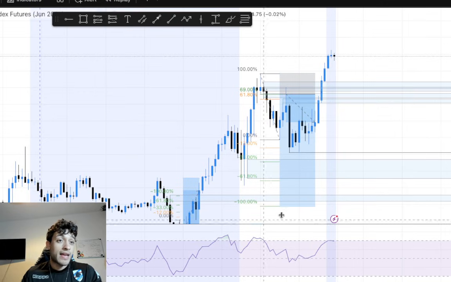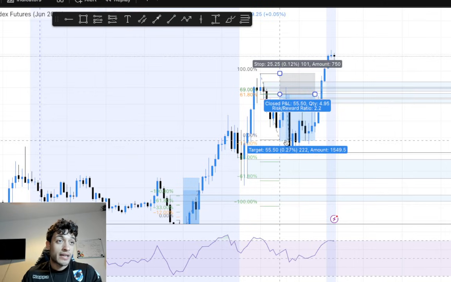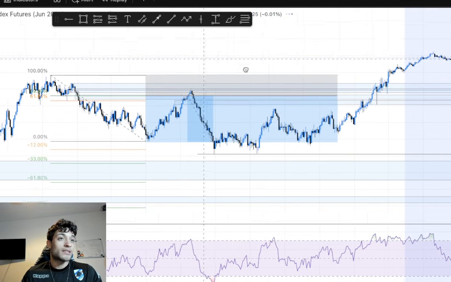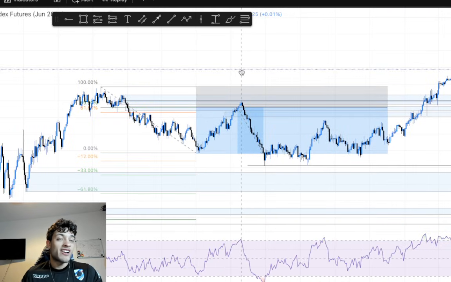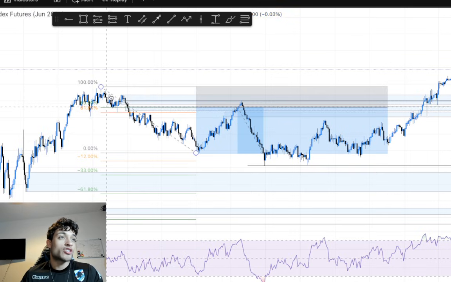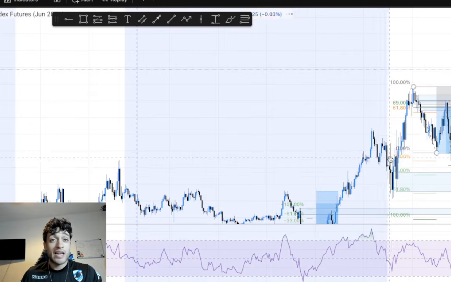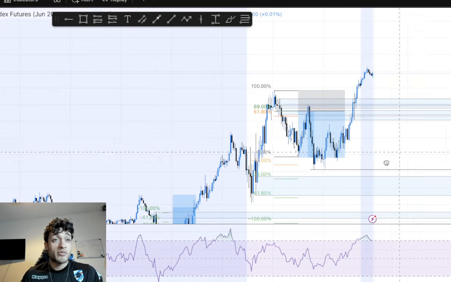But I'm just happy that I got this trade, because I was kind of like, should I even take this? Because this is kind of choppy. It was kind of late as well. It was 5 p.m. UK time, and this was kind of choppy. So I was like, I don't know if I should take this, but I saw the edge, I took it. So I'm just happy that happened.